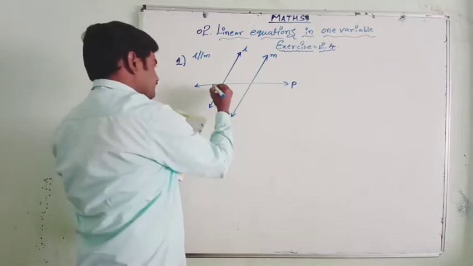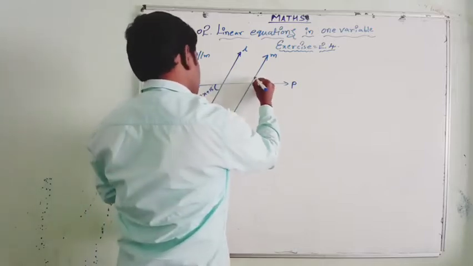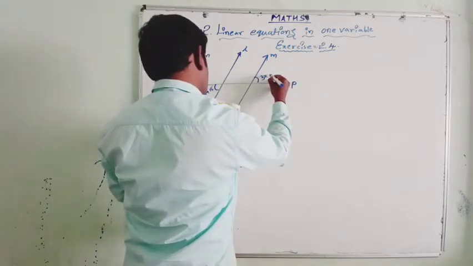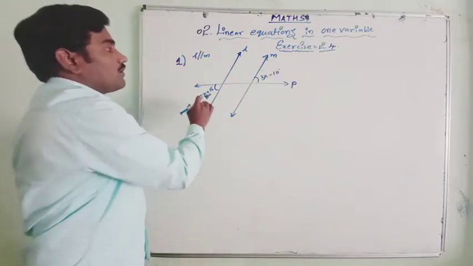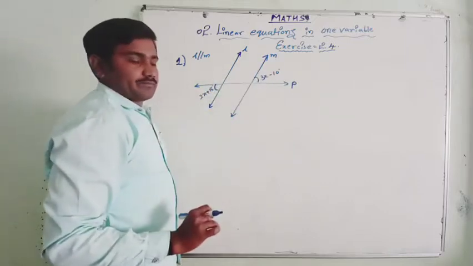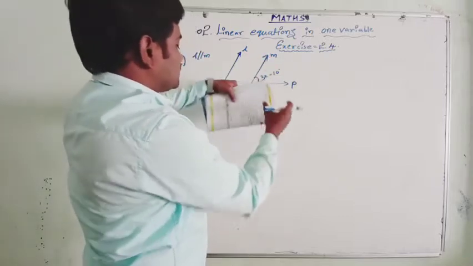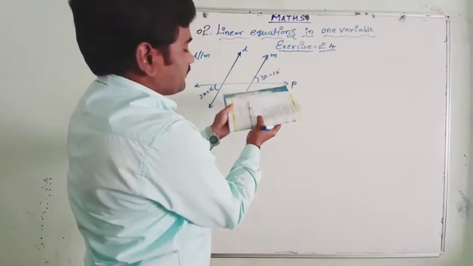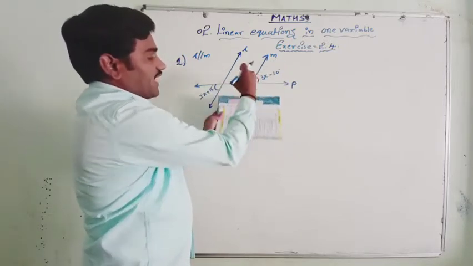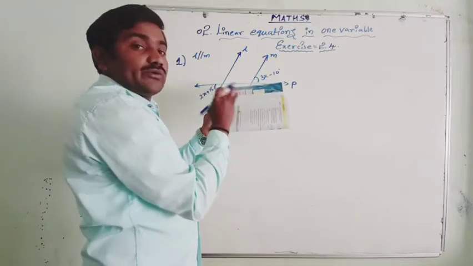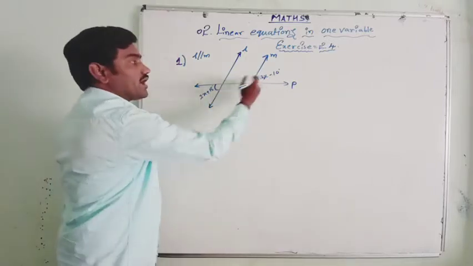So as given here, 2x plus 15 degrees and 3x minus 10 degrees. Okay, so what are these two kinds of angles first? When you see this figure, rotate it and see these figures, so that you can see these two angles. What are the given angles? The two angles are alternate exterior angles. Always you know that alternate exterior angles,